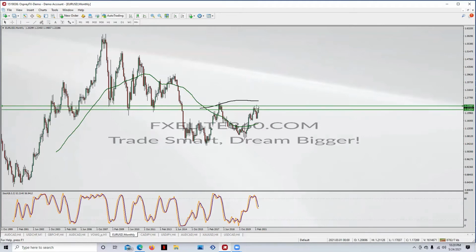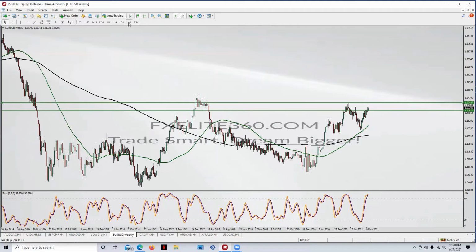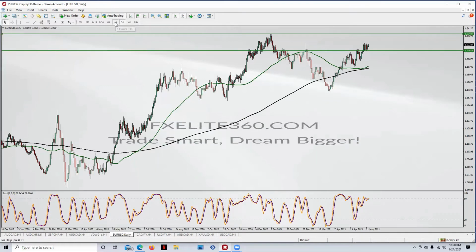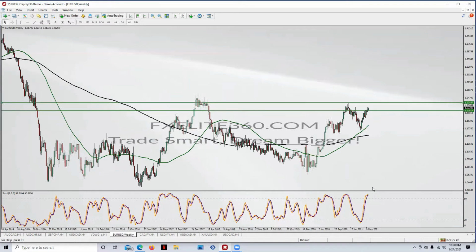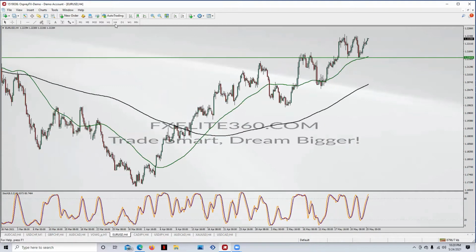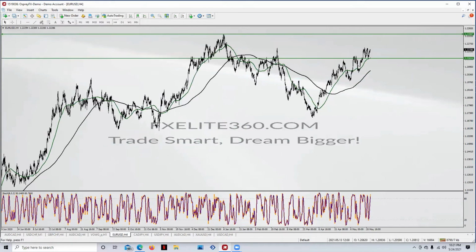So most likely what's going to happen is the bears are going to take the favor, because remember, the monthly chart is bigger than the weekly chart, and the weekly chart is bigger than the daily chart, and the daily chart is bigger than the 4 hour chart. So we will most likely have price fall from the weekly and monthly, a better chance than if this was just a 4 hour trade. So it gives me another confirmation that this could be another sell.